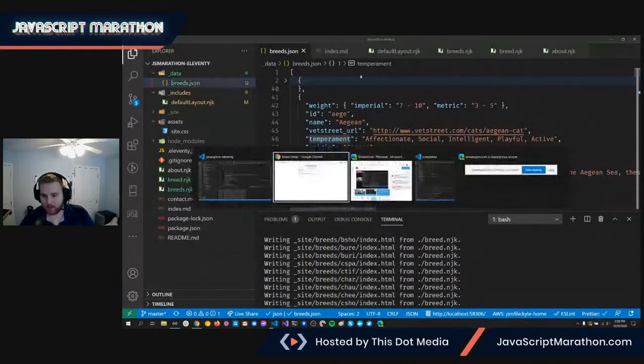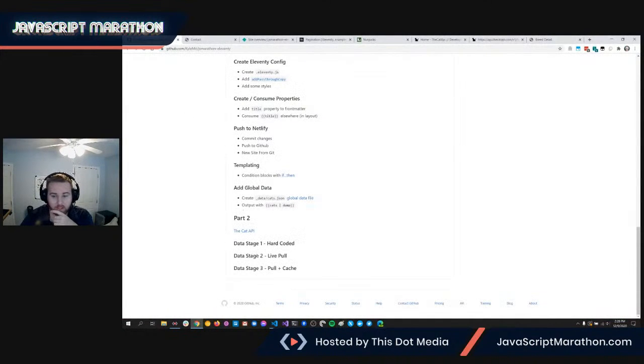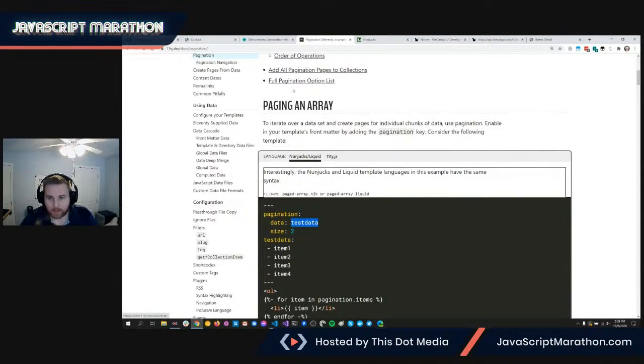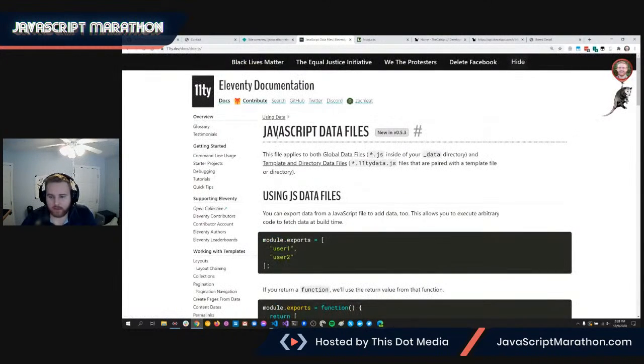And that's where I want to point us to stage 2, which is we can pull data live. One of the data sources that's available is a JSON file. Eleventy will read that. But Eleventy will also read JavaScript files. And once we're running JavaScript in a node environment, we have access to all of the other things that ecosystem provides for us. If we go to data, and this is going back to the docs on Eleventy, and we go to JavaScript data files,